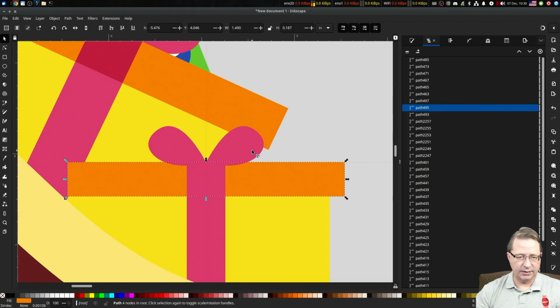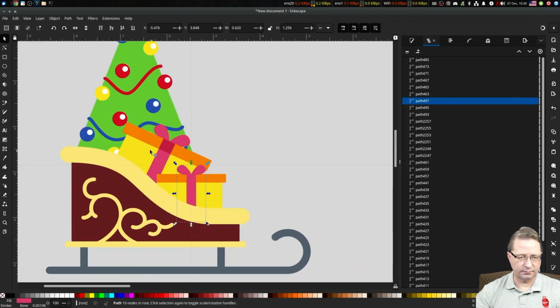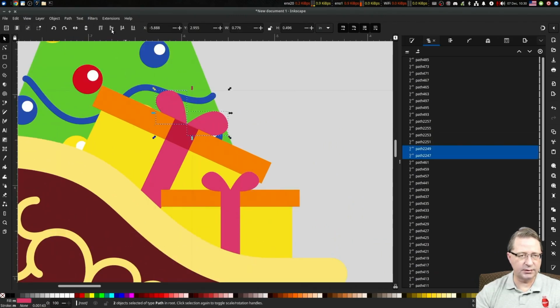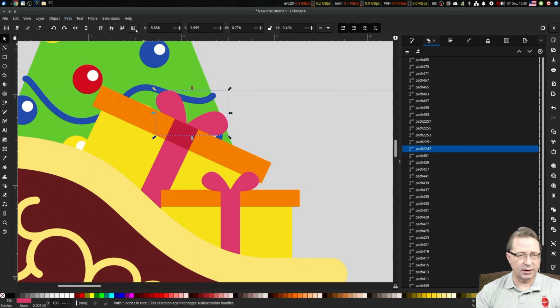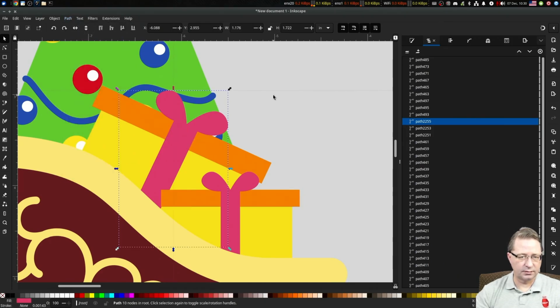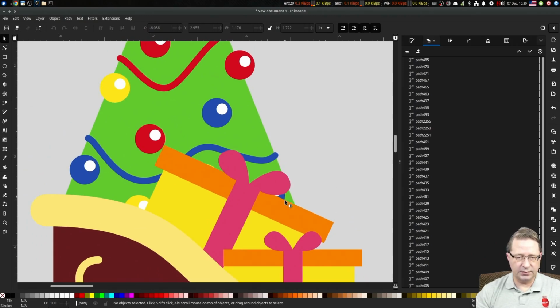That's a path by itself. Okay, so that's 3 paths by themselves. That's a path, and I can do the same thing for this. We'll union that, move it to the top. Union those. Lovely. And for the rest of these, I will